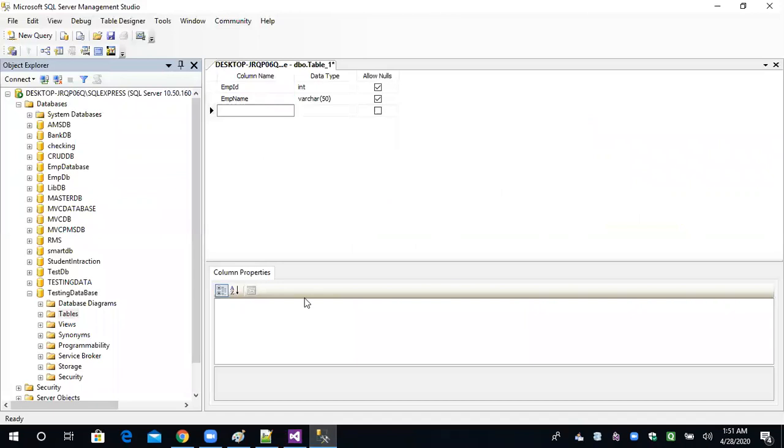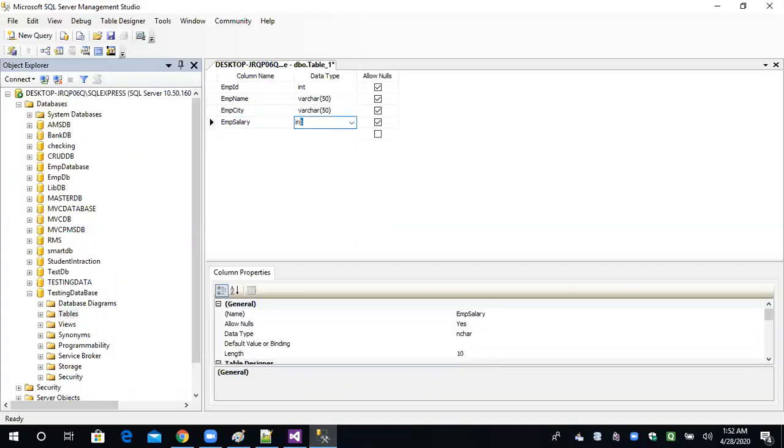So this is, I hope it is visible, or we can expand it. Employee name. After that, we have to type employee city. Employee city, we can take again varchar 50. And after that, employee salary. Employee salary must be int type. So two things I have taken as integer and two things I have taken as string or character. Employee salary is the integer, employee city is the varchar, and employee name is the varchar, and employee ID is